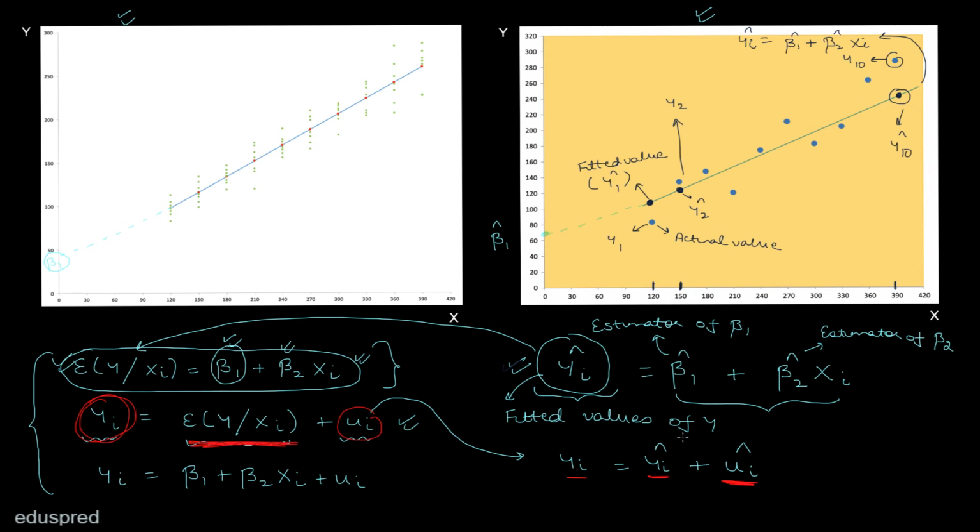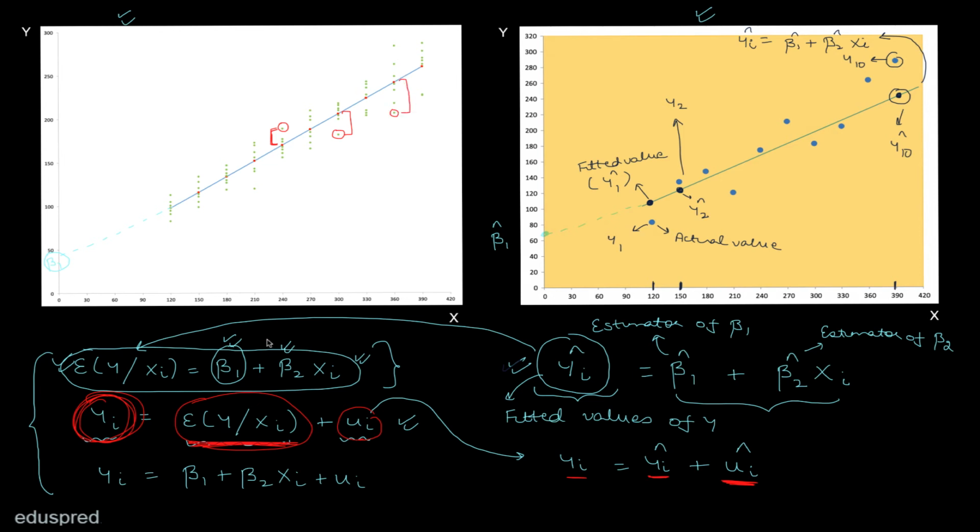So to have a clear understanding of the error terms, let's visualize both of these errors graphically. First of all, let's talk about ui, which is the population error term. The population error term tells you the difference between the actual y value and this average value. So graphically, for this particular household, this difference is the error term. Similarly, for this household, this difference is the error term. And this is something that you can do for any household. For this household, the error term is this difference.